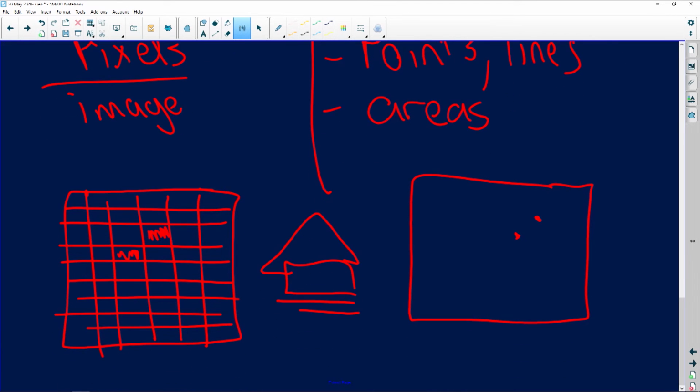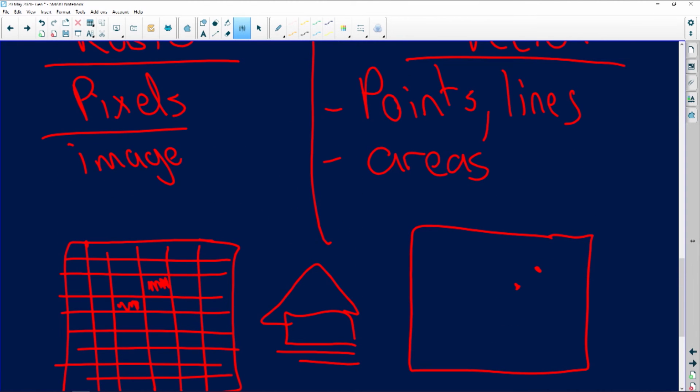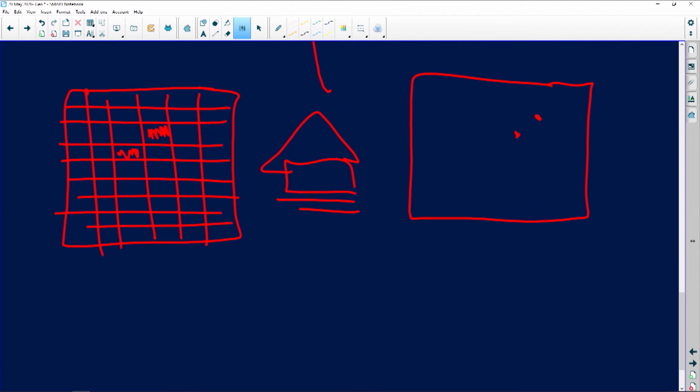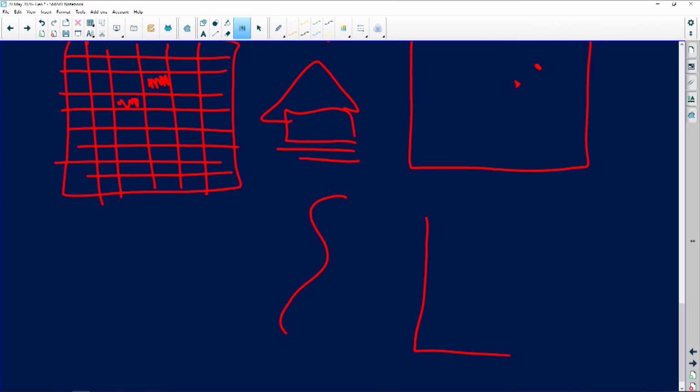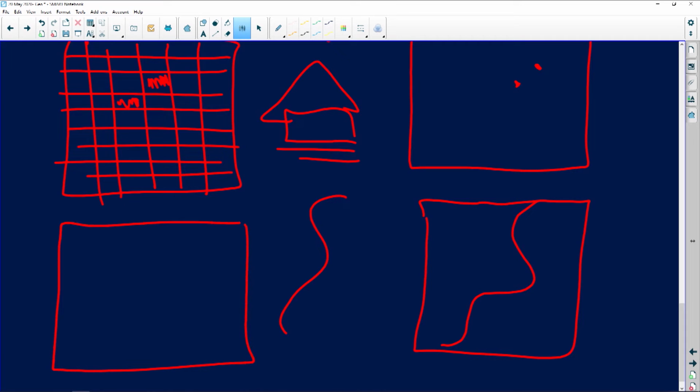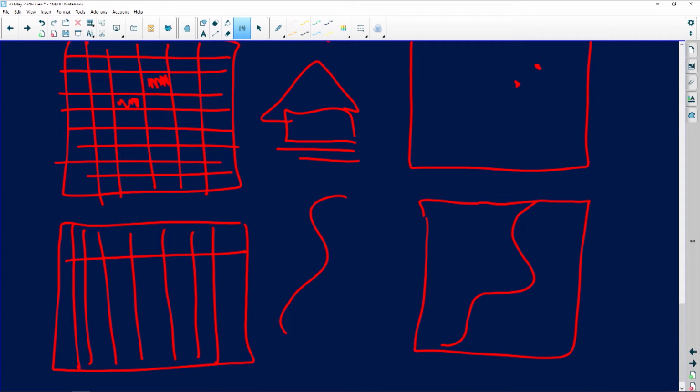Okay, I'm going to give you another example. Let's just quickly have a look at points and lines. Now, for instance, if it was a river, to represent it in vector data, it will be a line, like I've mentioned. But with your raster data, once again, we're going to look at our pixel qualities. Unfortunately, we just don't have the examples here on question papers, so this takes a little bit of time. As you can see, that river will be a line on vector data, but on raster data, it will be the pixels